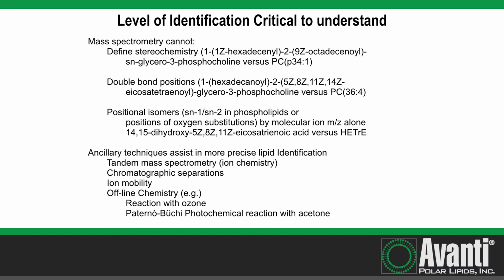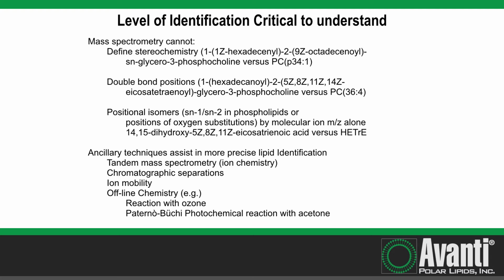So to get this information, it probably takes additional experiments. For example, one can do tandem mass spectrometry on the fatty acyl groups themselves to get position information of oxygen substitutions. Sometimes chromatographic separations allow you to get that. Ion mobility can. Sometimes you have to go all the way to ion chemistry, derivatization of the molecule with, for